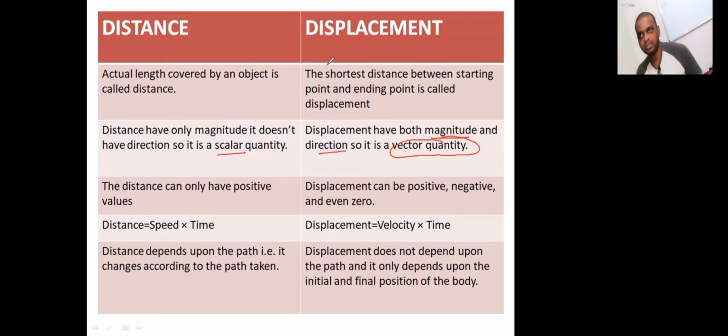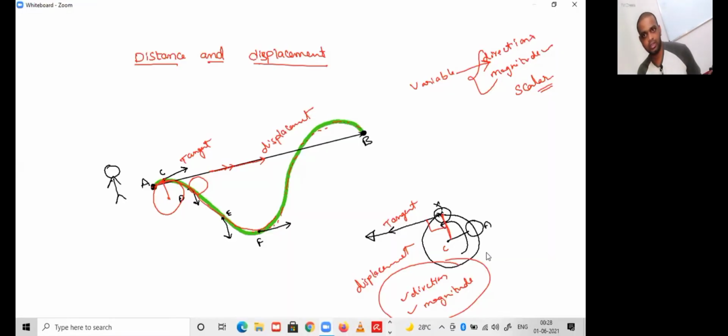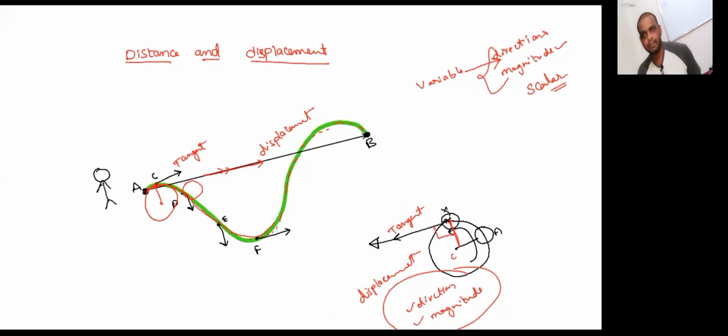Now I will explain this concept. Look here. Let us say one person is traveling from A to B, again B to C, again C to D, again D to E. Like this, he moved. Now the path of the journey which he has covered will be in this direction. So in this direction, whatever length you consider, you should take it as positive, and opposite to that direction it will be negative.